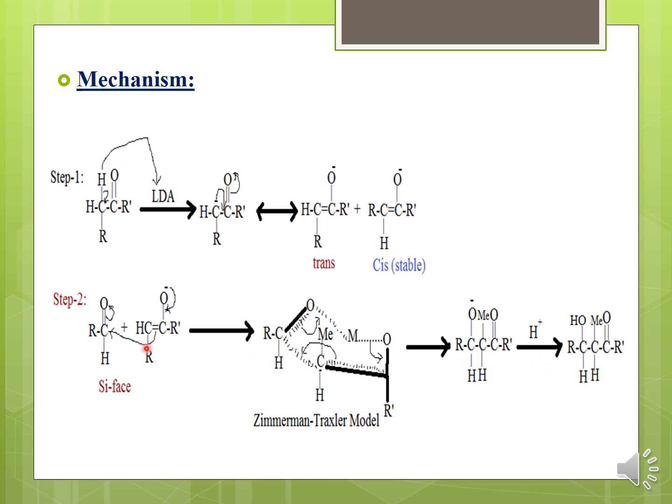This R, they are taking it as the methyl group. This R can be represented as Me, that is your methyl. So it is showing here also. Then moving on, this bond shifts and makes the O minus. After that, there is a hydrolysis taking place, protonation. O minus will abstract the proton, and there is a generation of your OH. Then moving on to the next reaction,